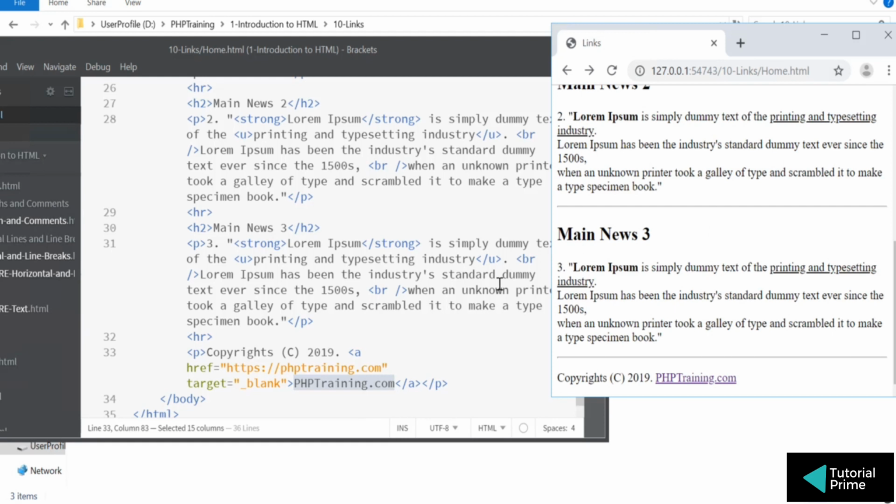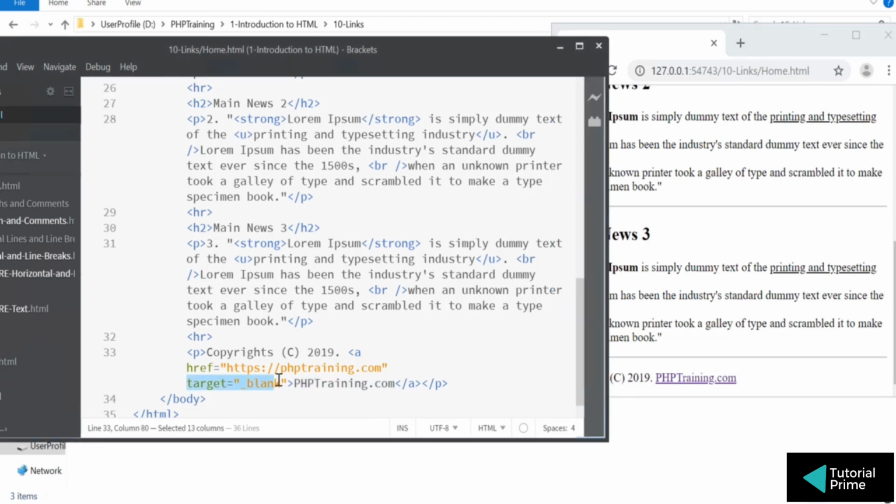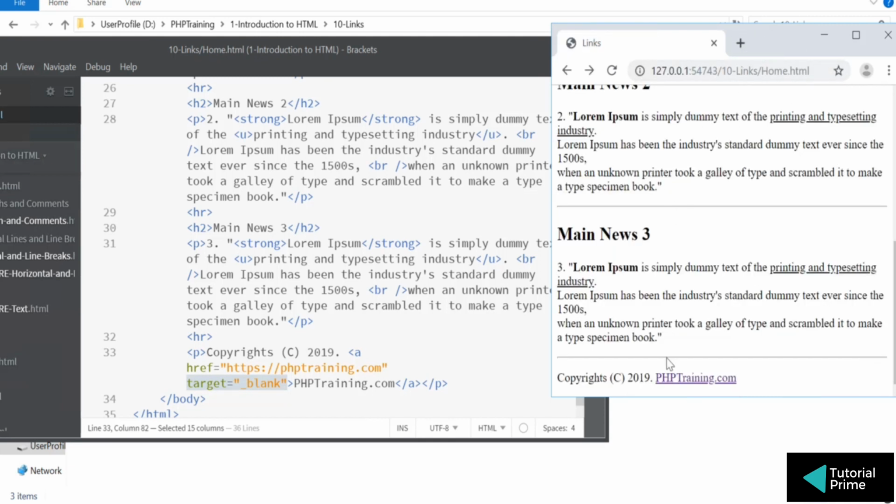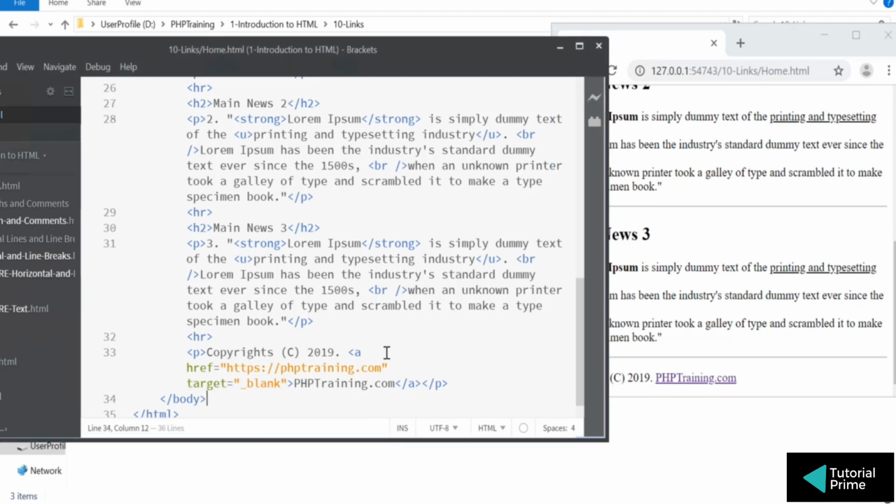Alright, so this is how you can add a link to your page, and then when someone clicks it, you say underscore blank, so that the target is not this page, the target is a new blank page. That's what you are trying to tell via the anchor tag: open up a new page and open this link in that new page. That's what the target underscore blank means.